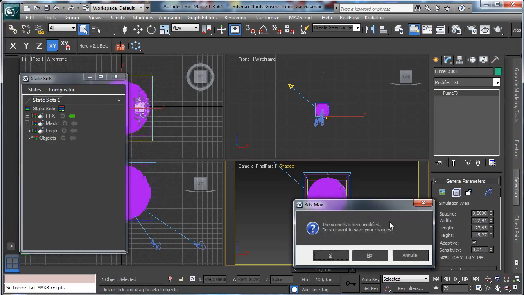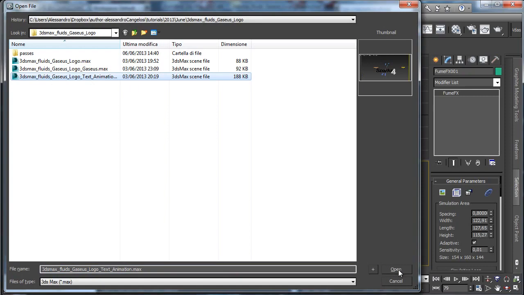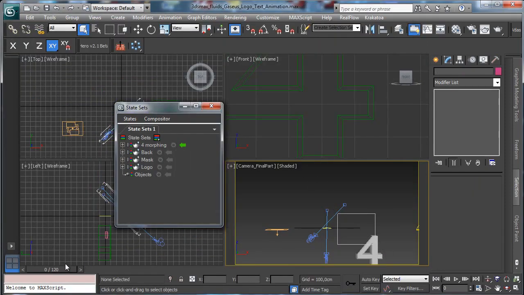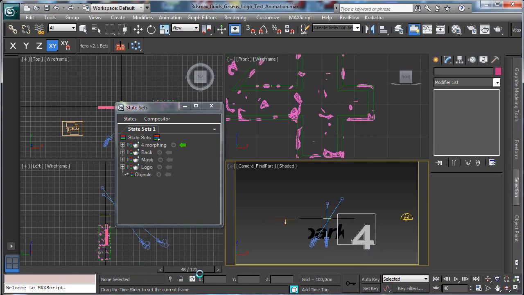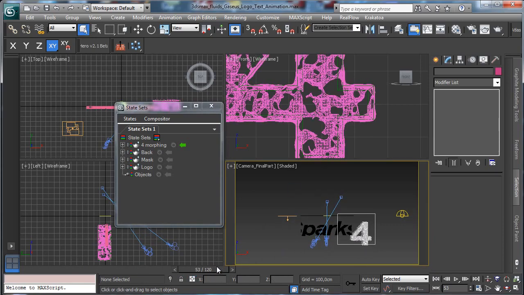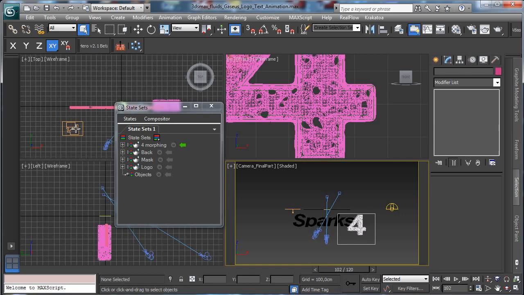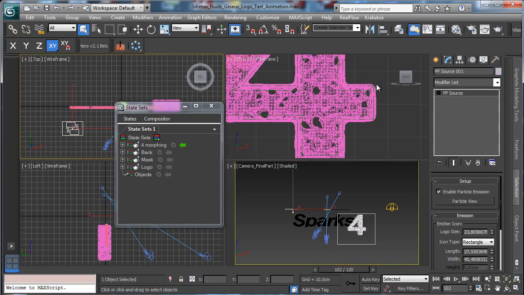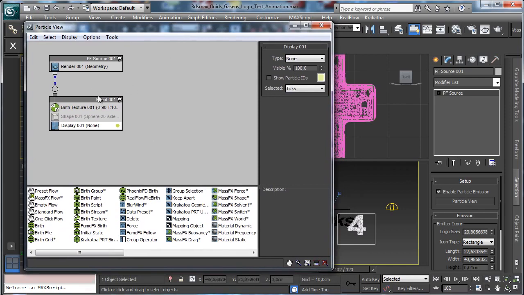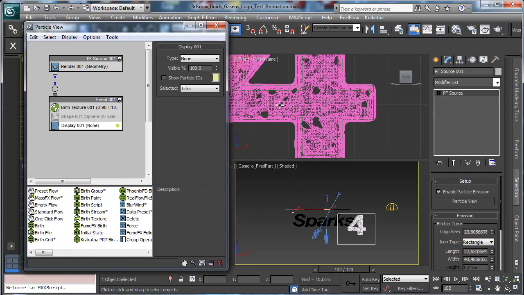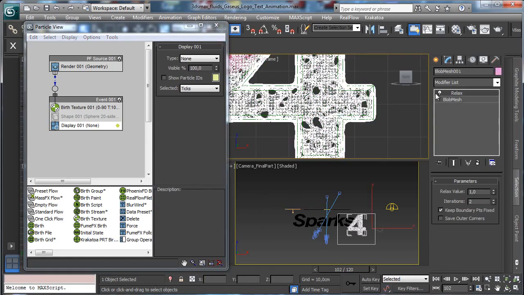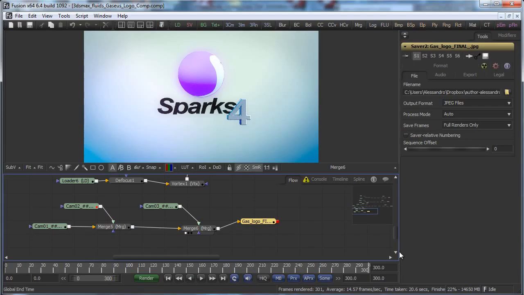And we'll have also the animation of the logo where we use Particle Flow to make the number 4 appear. You see that we have an animation and we have a fluid creation of the 4 mesh, and we have a nice setup there done in Particle Flow. It is really simple. You see we are using just a bitmap texture with an animated texture to control the particles, and then we'll use the blob mesh to create the fluids. Everything will be composited in